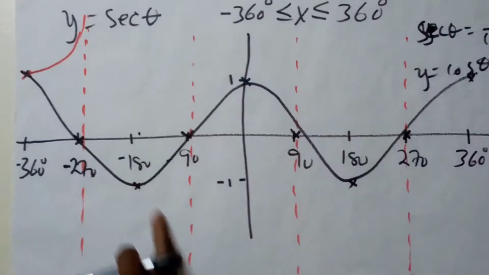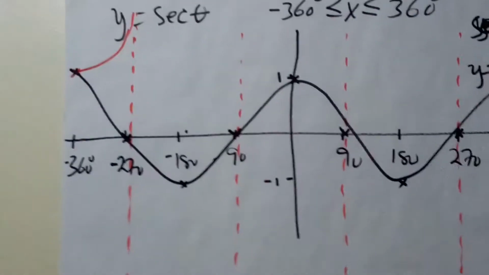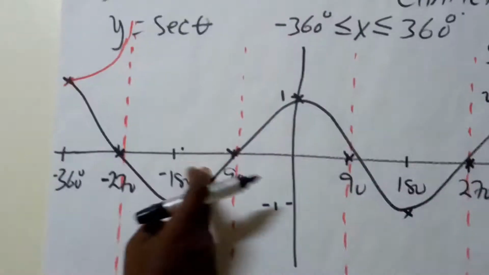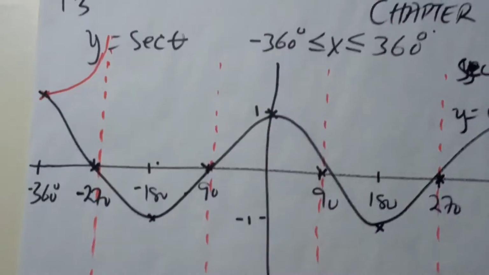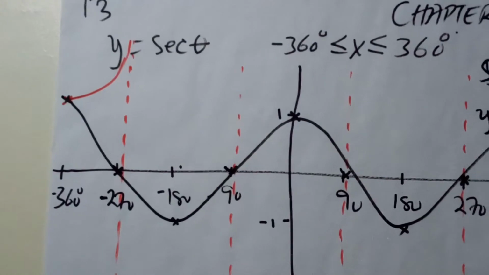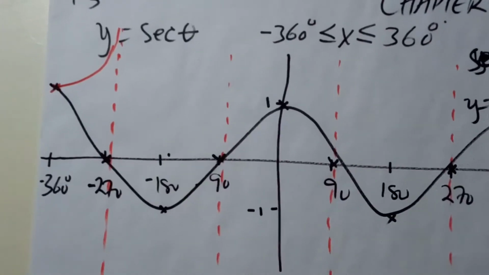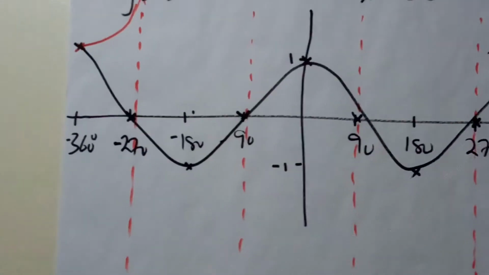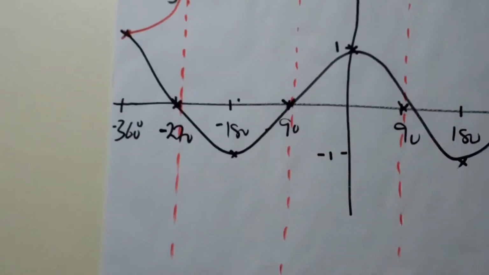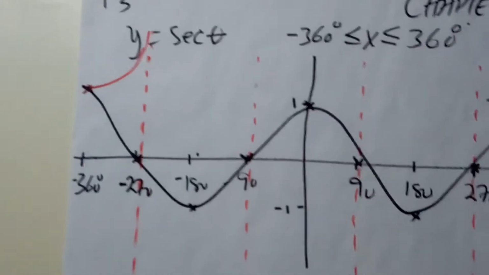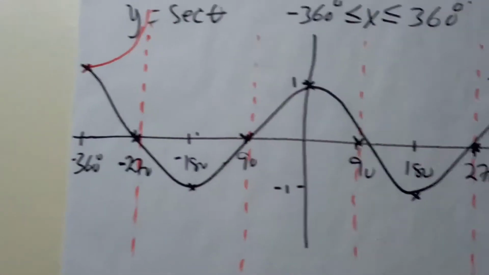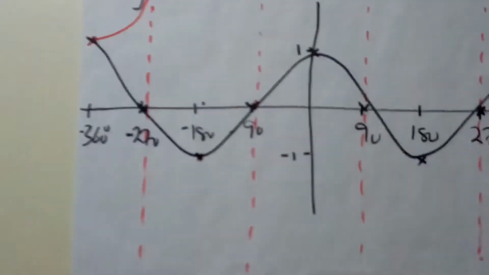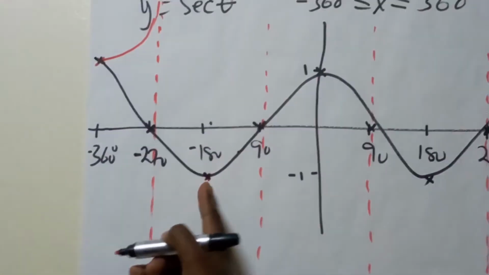We need to know the nature of the graph that is coming after negative 270 to the right. What is cosine negative 269 degrees? It is a very small negative number, which is negative 0.0174. 1 over a very small negative number becomes a very big negative number. And of course, 1 over negative 1 doesn't change, so that one remains that way.